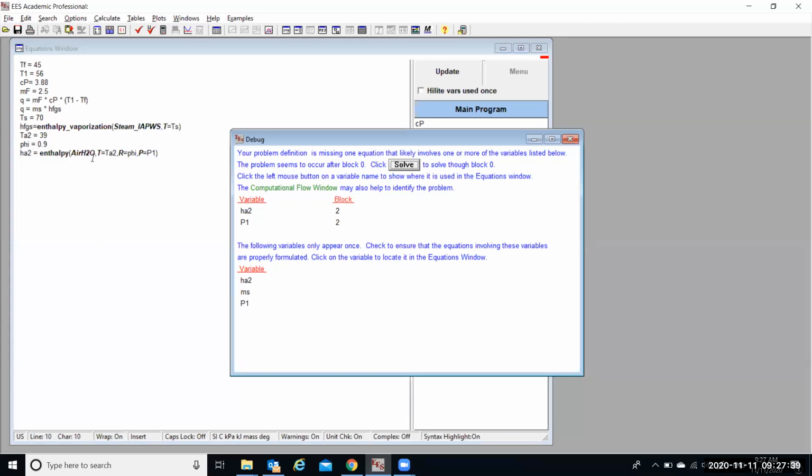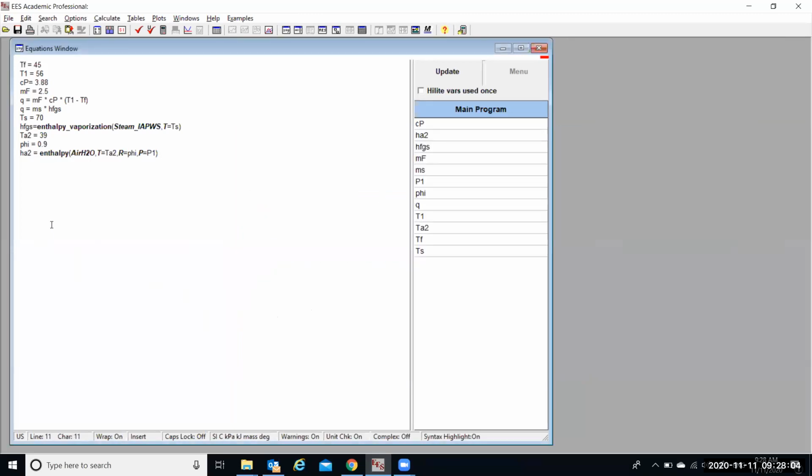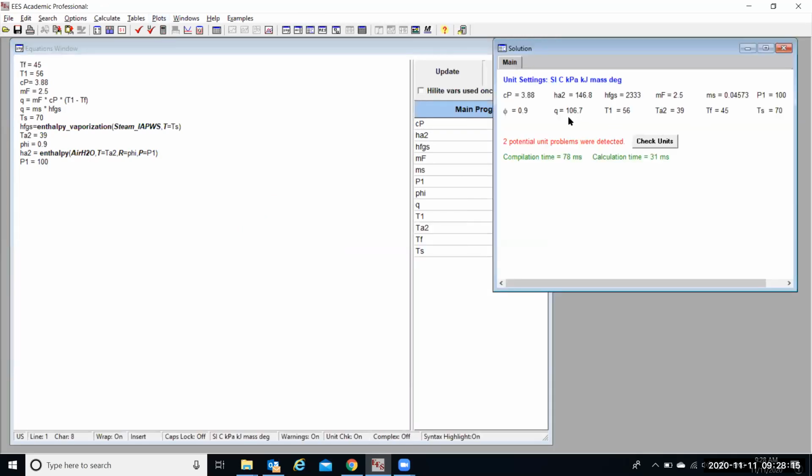M_DOT_S is listed only once, but yes, because we are calculating it. But P1 is listed only once, which is here, and I'm not calculating P1, so it should be an input value. That's the one which is missing. So that gives us a hint: of the parameters listed only once, one of them would most probably be the parameter I'm looking for. So P1 here, and there's no specific order. I can put it before the equation or after the equation, it does not make a difference. This is 100 kilopascal. And when I solve, I get here H_A2 as 146.8 kilojoule per